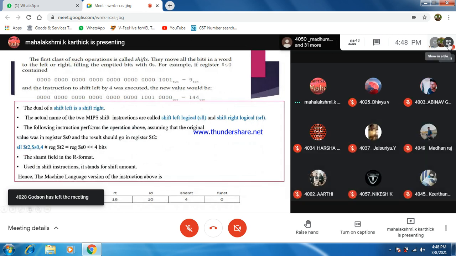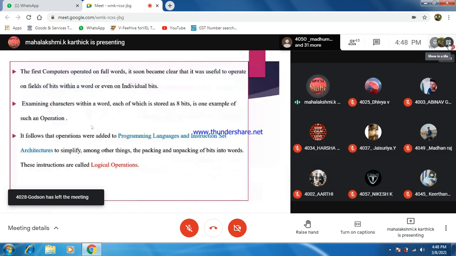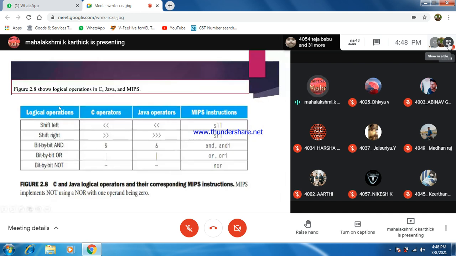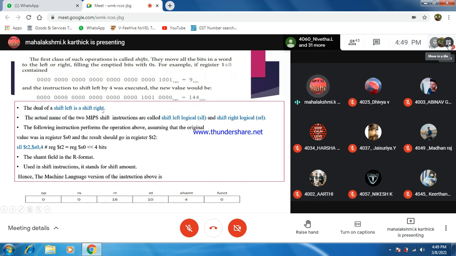So today we are just covering the logical operations. In that, these are the operations possible: C operators, Java operators, MIPS instruction format. The first thing we have covered is shift left. Any type of shift left operation given to you, you have to convert into assembly language using the keyword instruction. According to the question given, you have to frame the assembly code.